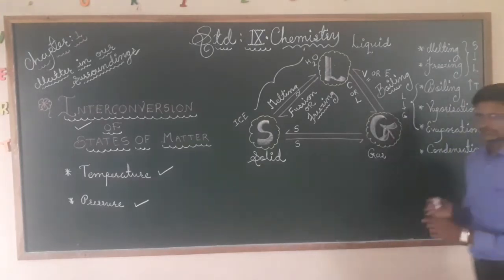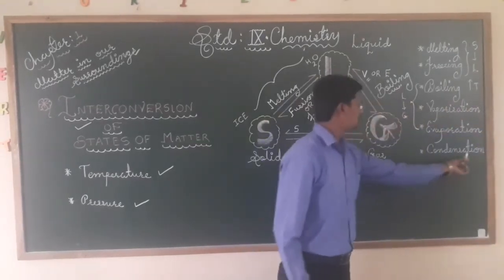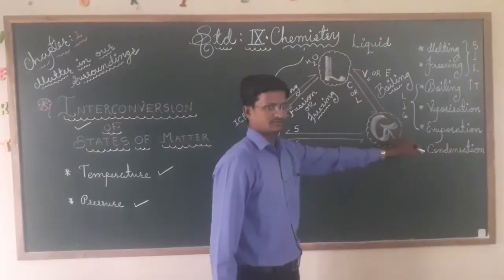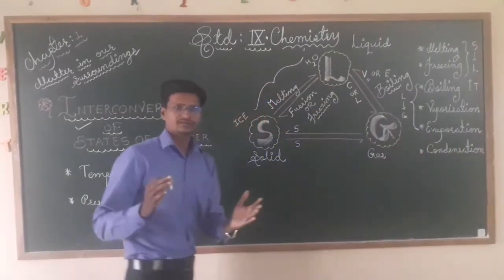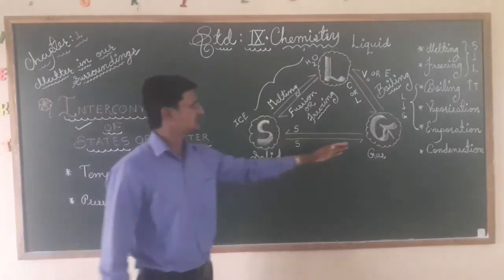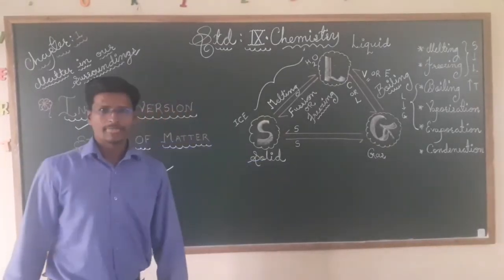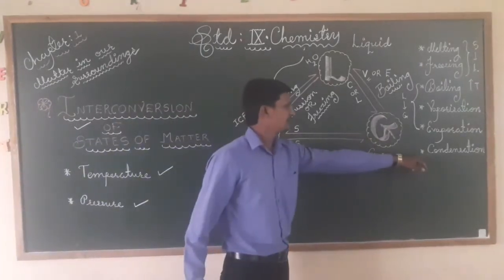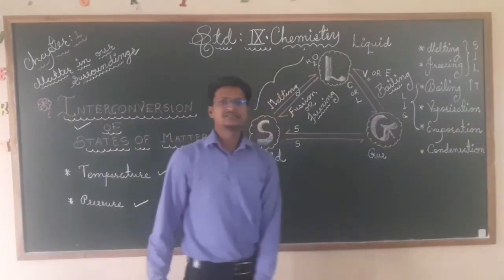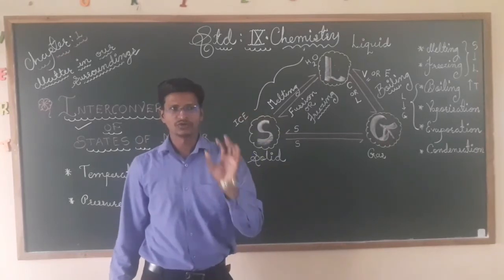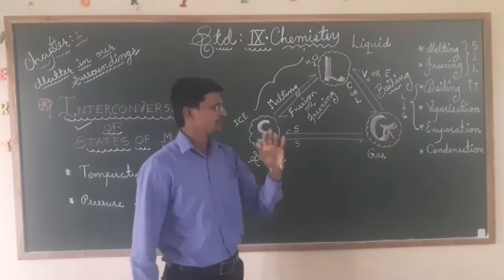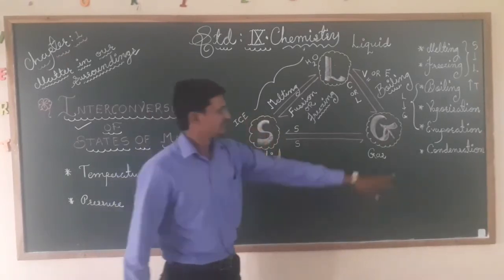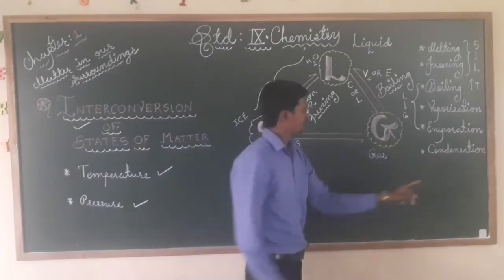You are aware of the process we call condensation, cloud formation. Generally this step occurs in the water cycle. The water cycle has 5 steps, as you are aware. In that, one of the processes is condensation and cloud formation. So after the evaporation process, the cloud formation occurs, that is condensation.